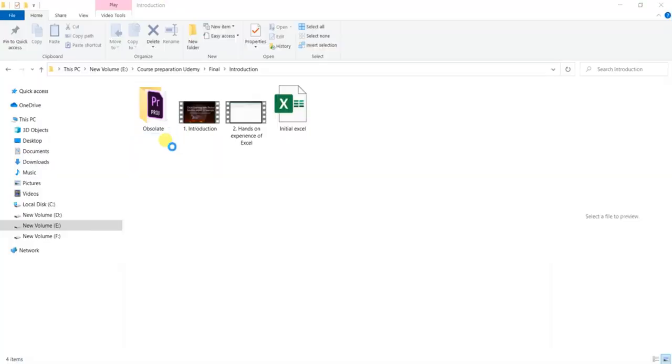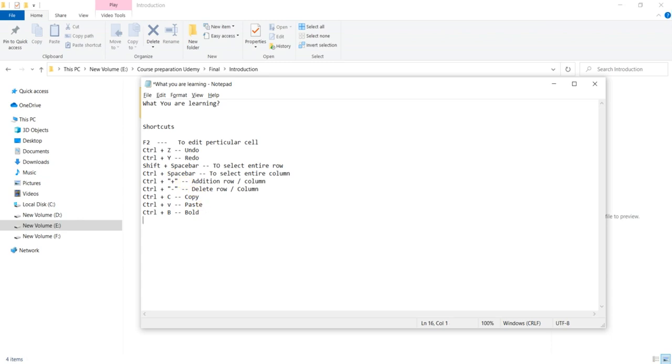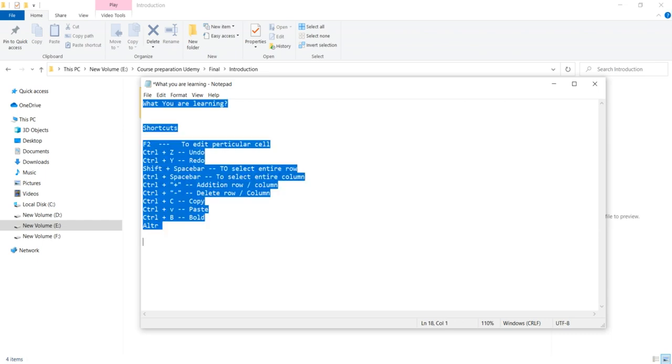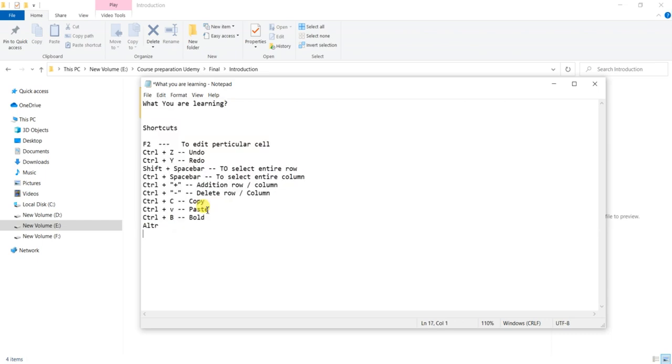So I am mentioning this in what we are learning. Again, you don't have to press all the buttons at once. You can press them independently, meaning you press Alt, after that you press H, then O, then I, right?